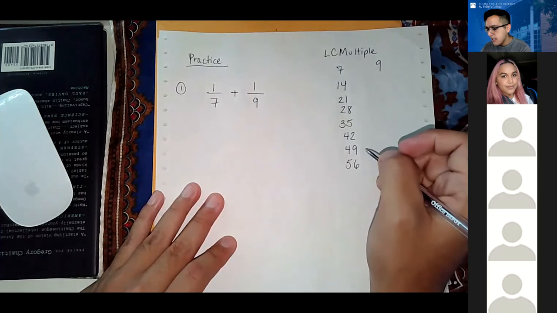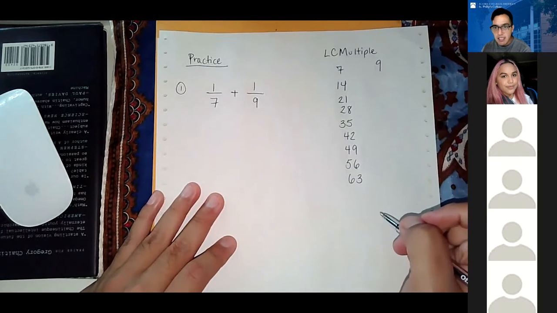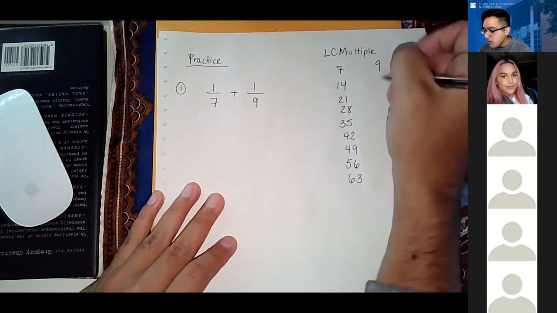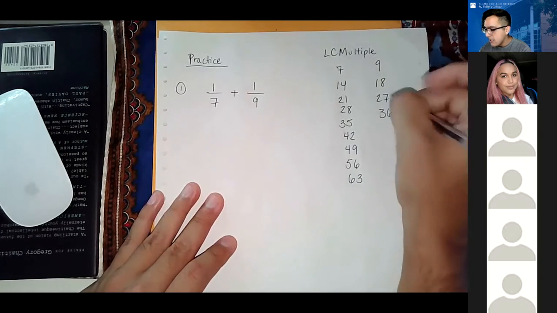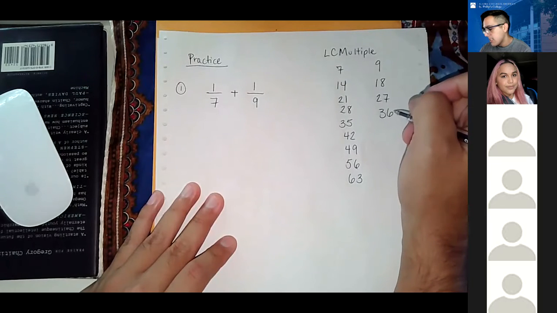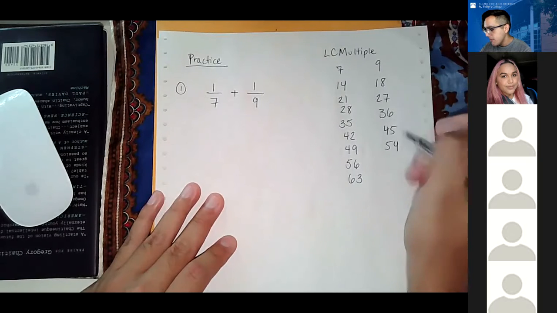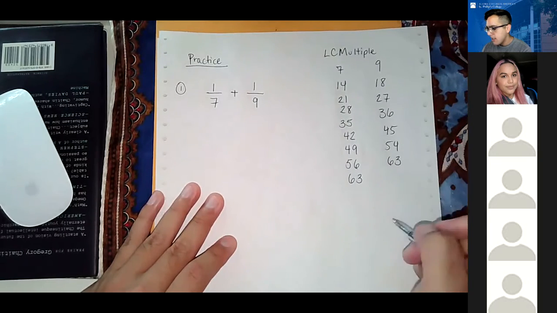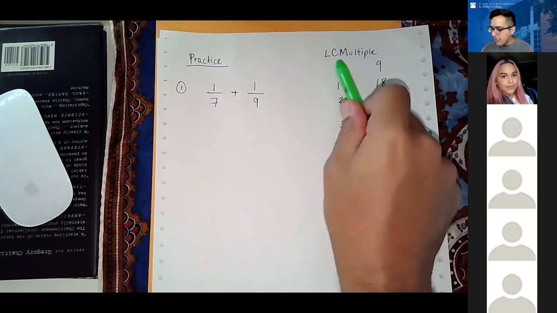And then 63. Okay, that was a lot of thinking, right? I had to go through the times tables in my head. We'll have to do the same with 9: 9, 18, 27, 36. What comes next? 45, 54, and then 63. So notice that I stopped here at a convenient location where now the list of the